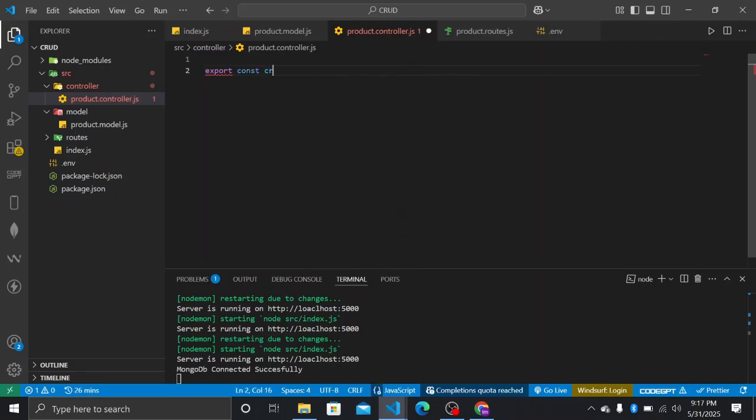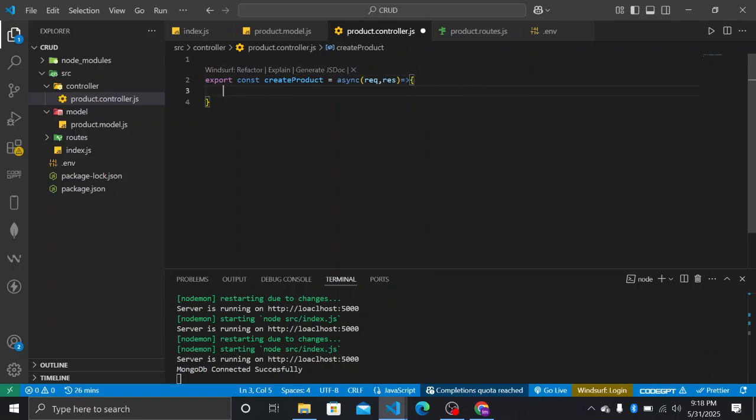Export const createProduct. It's going to be equal to async in brackets of request, response, arrow function, come down here. Right, so we're going to use this for security, create product. So we're going to say const,